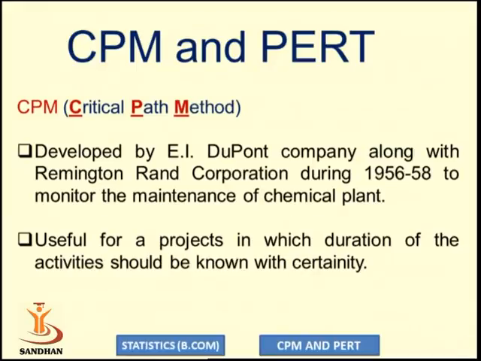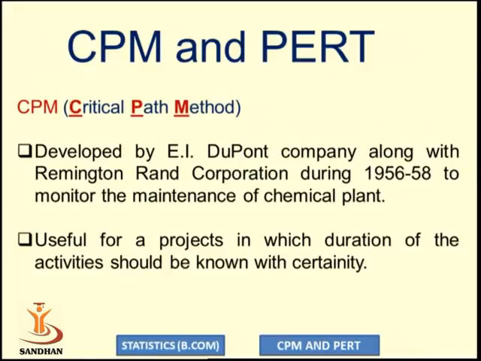Now, what are the basic objectives of CPM and PERT and in which types of project are they used in reality? So today we will discuss and compare both the techniques. Basically, both the techniques, critical path method and program evaluation and review technique, have the same objective: to minimize the total project completion time.